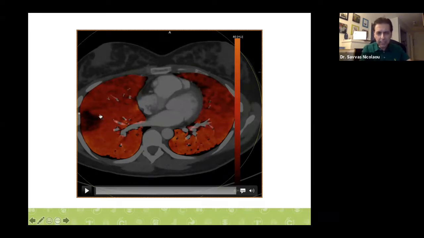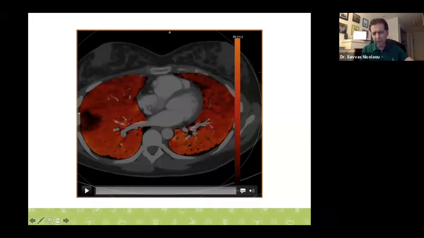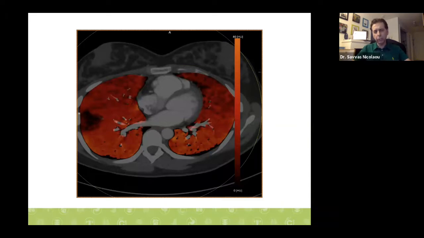But what we can see is an area of decreased uptake, an area of lack of iodine being distributed within the lung in a peripheral, subpleural distribution. We see the lack of uptake of iodine, and those are pathognomonic features of an acute pulmonary embolism in this